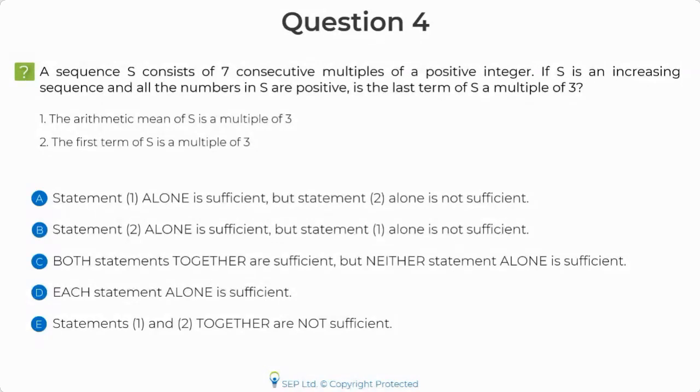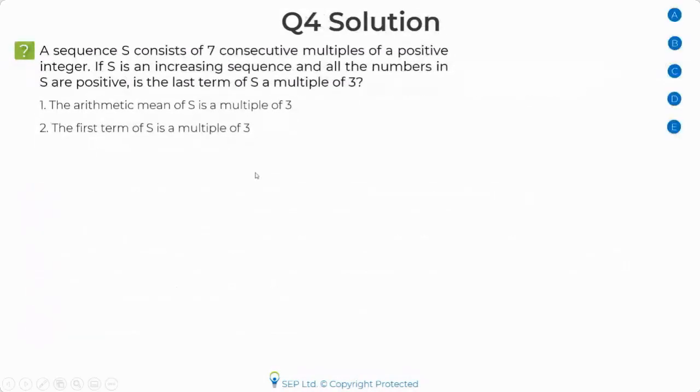That's a different thing. But the right representation is, see, I'm not saying the first 7 consecutive integers, guys. Okay, so if you have written it like this, a, 2a, 3a, 4a, 5a, 6a, something like this is not correct. This is not correct because I'm not saying that I'm taking the first 7 multiples of a positive integer. So if I tell you, okay, write down the first 7 multiples of 3, then you can say 3, 6, 9, 12, and so on. Okay. But I'm saying just 7 consecutive multiples. So it could start from anywhere.